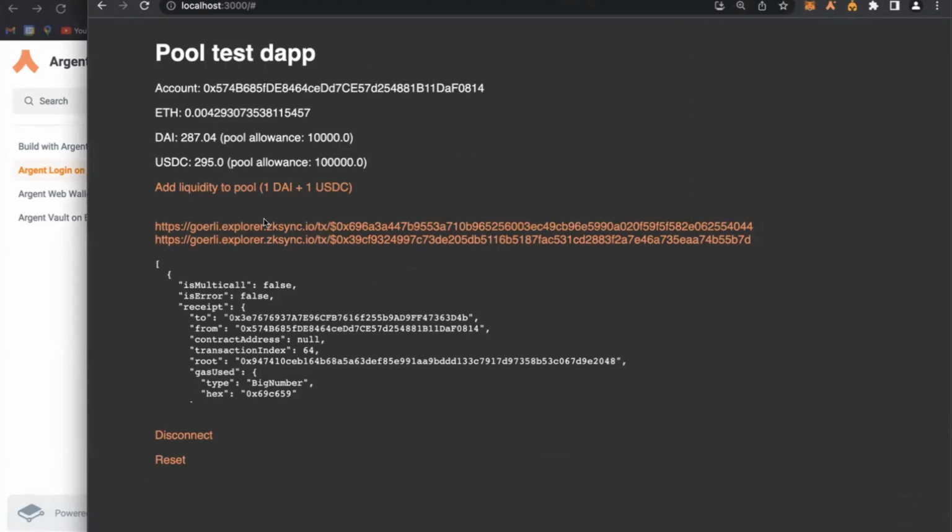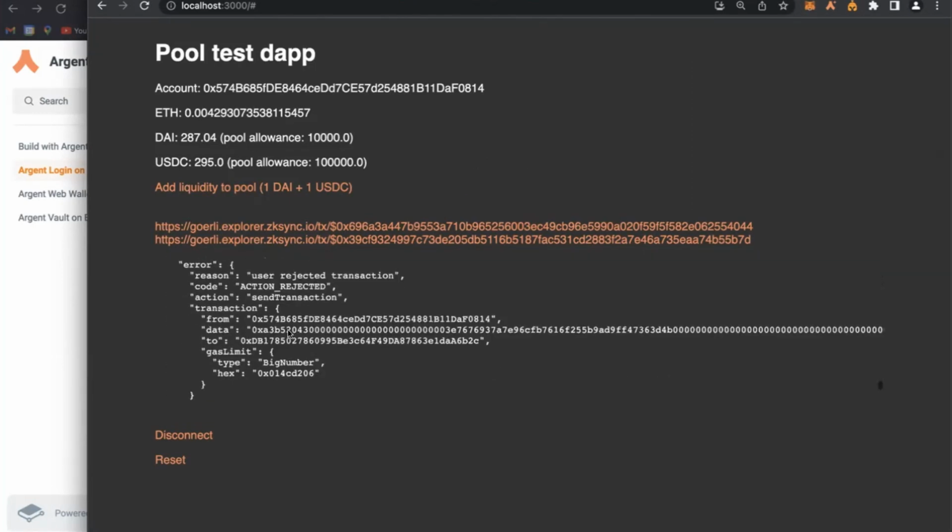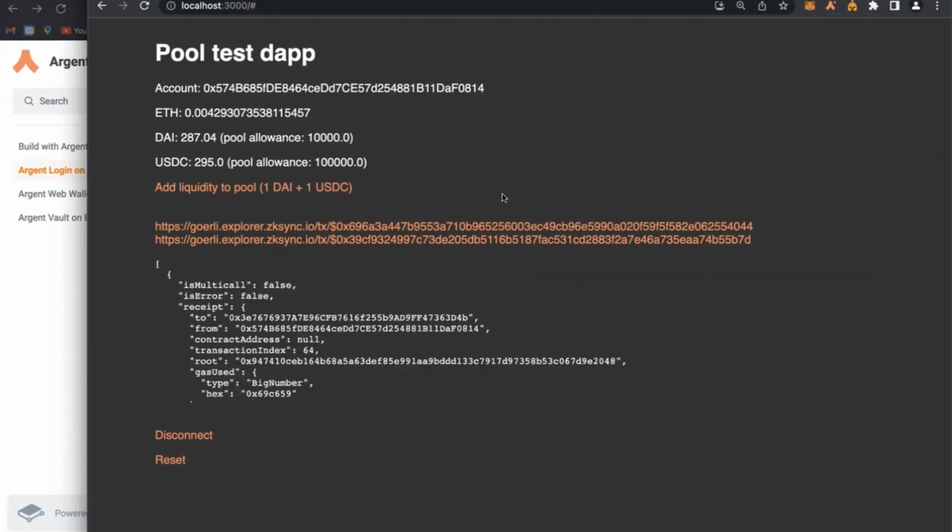I got my point. Here you see that using this SDK, this is MetaMask, so it had to send 2 transactions. Usually there's 3 because there's the final deposit in the pool. I had to reject it, so there's only 2. And this is for an EOA, so it sends these, and you get back all the receipts of the transaction. Anyway, you saw this MetaMask pop up many times. It's super confusing, especially for new users.